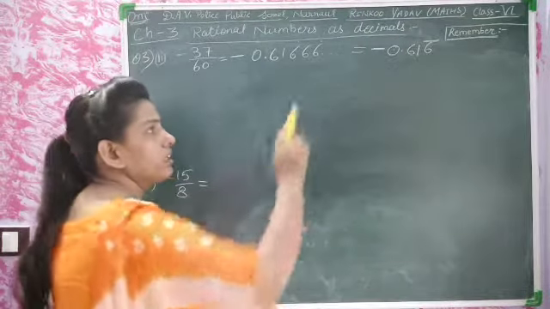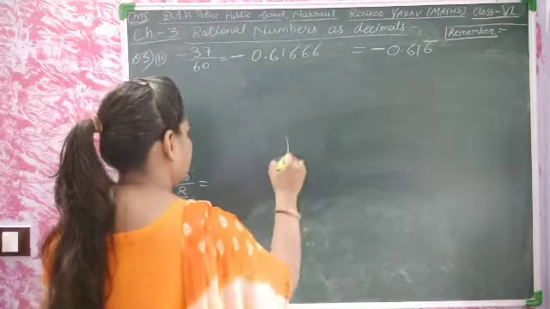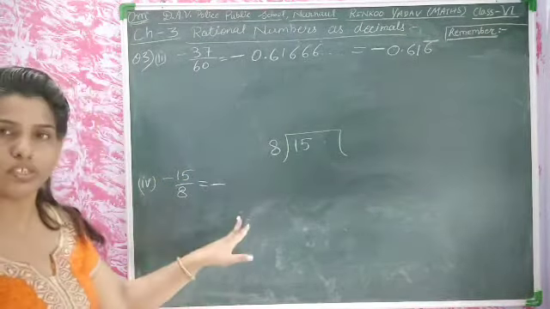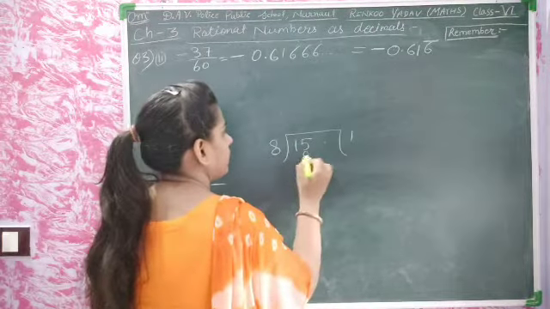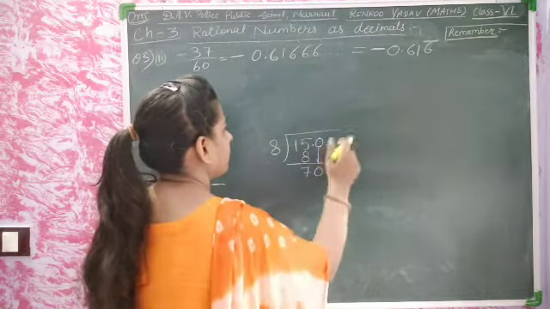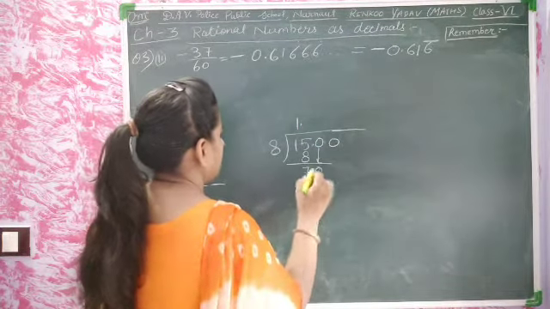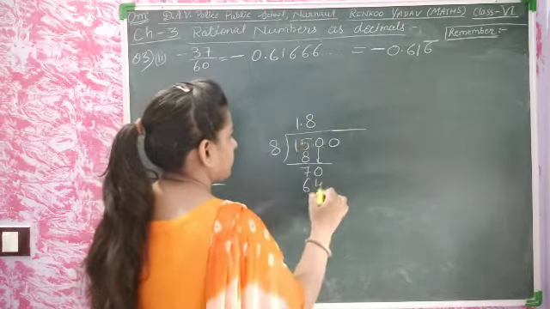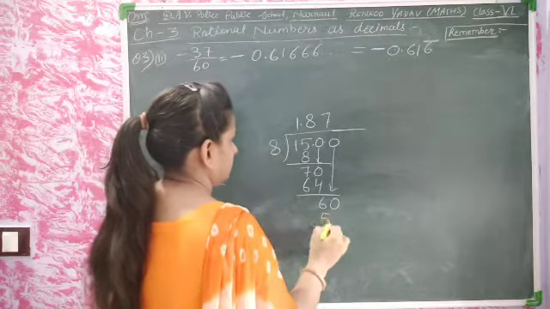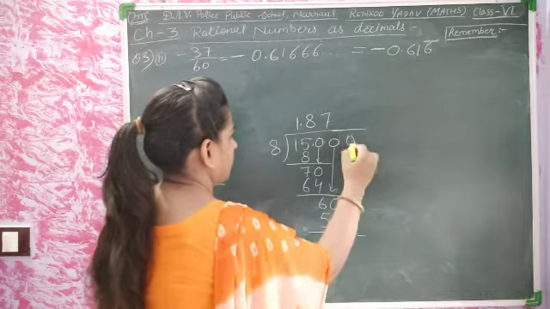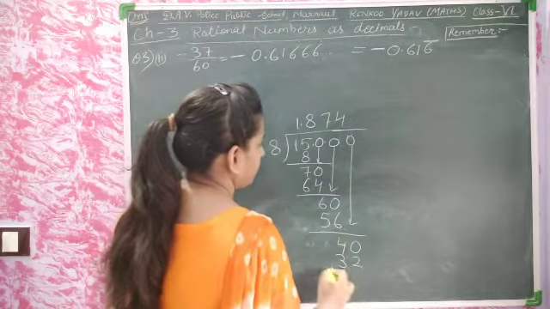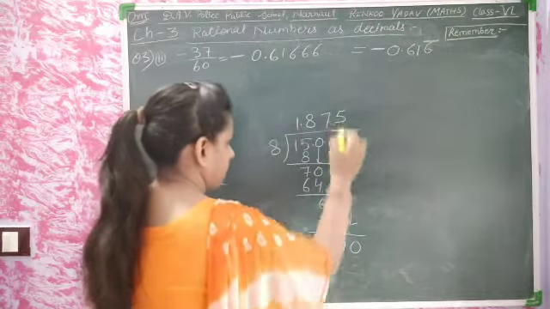This division must be done in the fair notebook. Okay students, now we will do 15 divided by 8 and it has a negative sign, so it must be put there. 8 ones are 8, there is 7, now there is no number, so putting the decimal and taking 0. 8 eights are 64, there is the number 6 and again 0. 8 sevens are 56 and there is 4, again now putting a 0. 8 fives are 40.